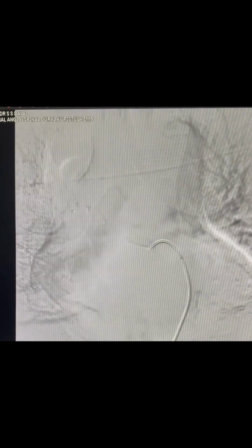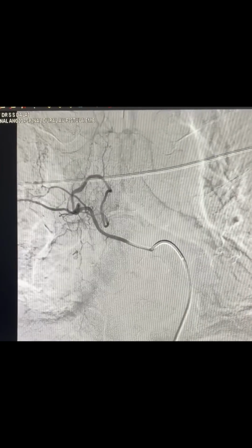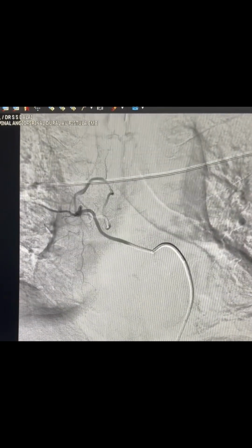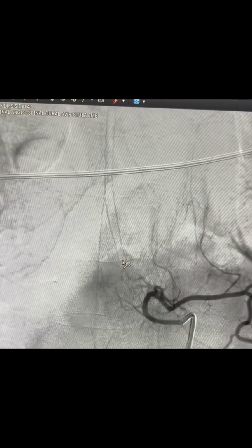These are the arteries we examine, and sometimes we also examine the vertebral artery on both sides to complete a spinal angiogram. Here you can see the spinal angiogram, which is demonstrating an anterior spinal artery. So this is the anterior spinal artery, which is like a hairpin bend. You can see this anterior spinal artery, and this is going up.